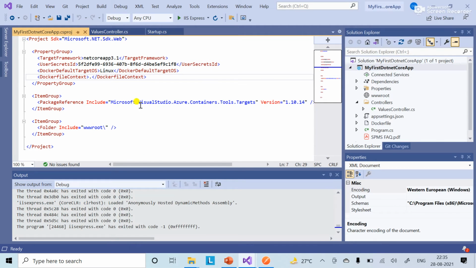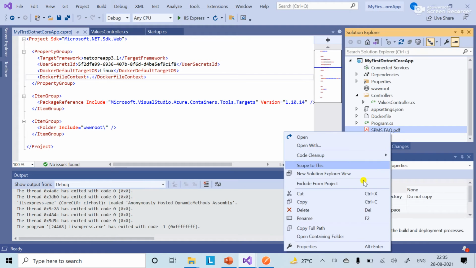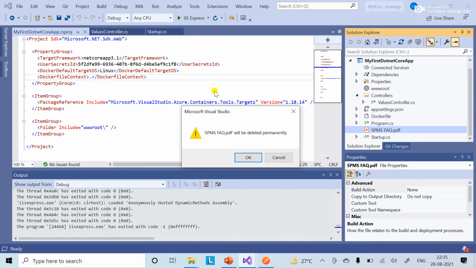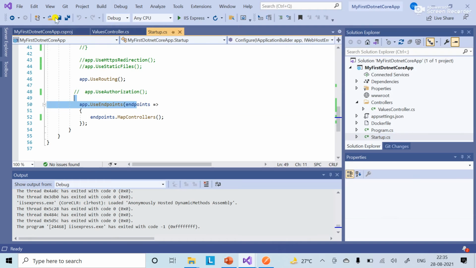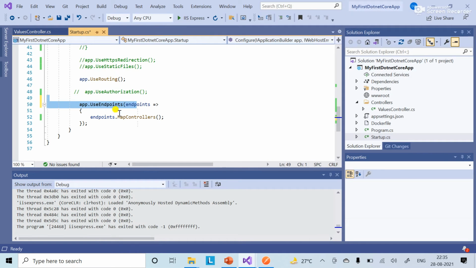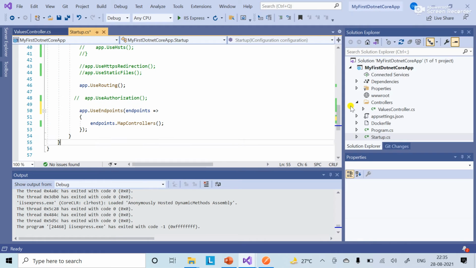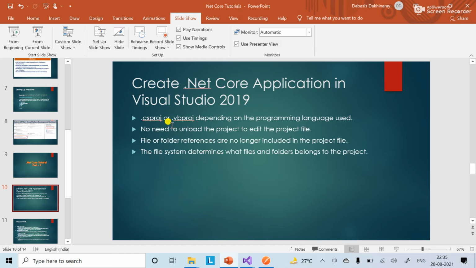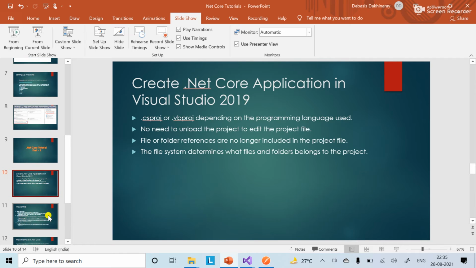There are no references even though I added it. If I delete it, this is not going to do anything either. So there is no modification. I can close it, and it will not ask me to save anything. So that's all about the folder addition and folder references.